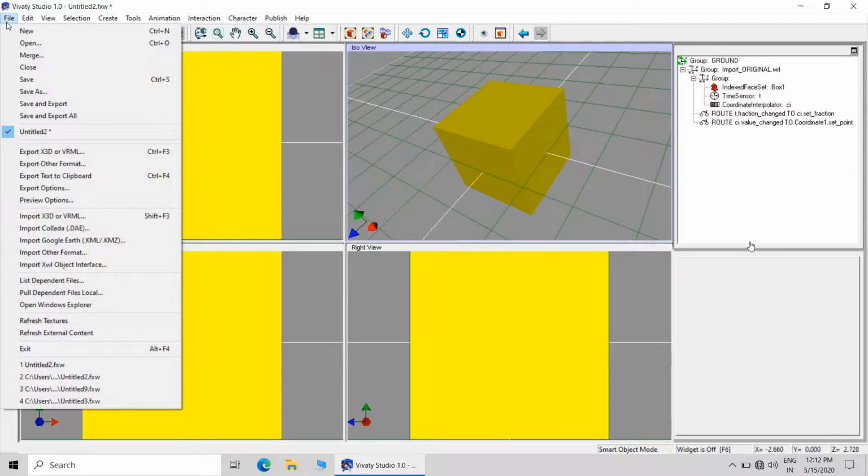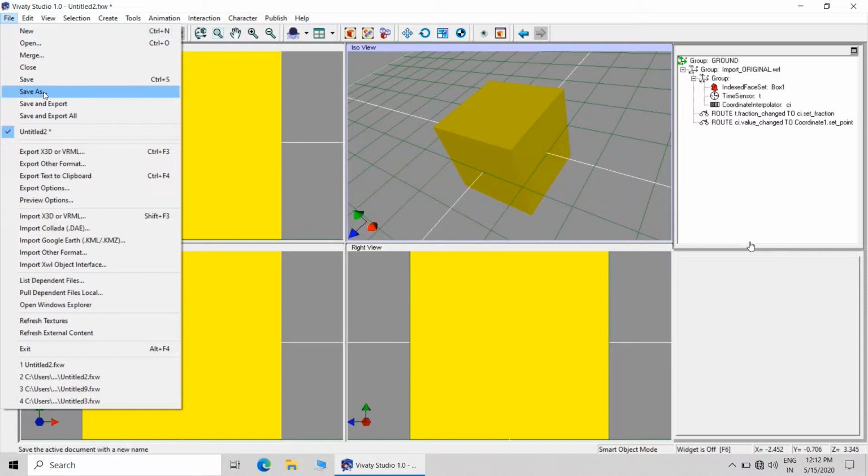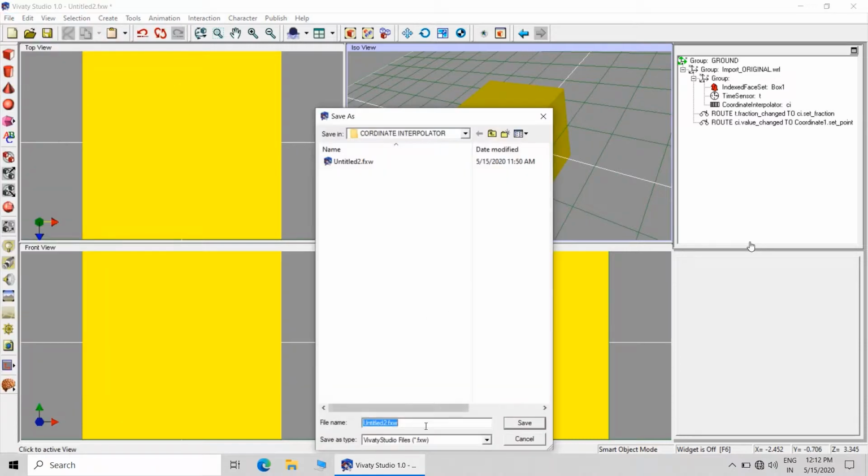So we have to find out the coordinates of this cube first. So just save this object with appropriate name. Call this as 3D, capital 3D output 1.